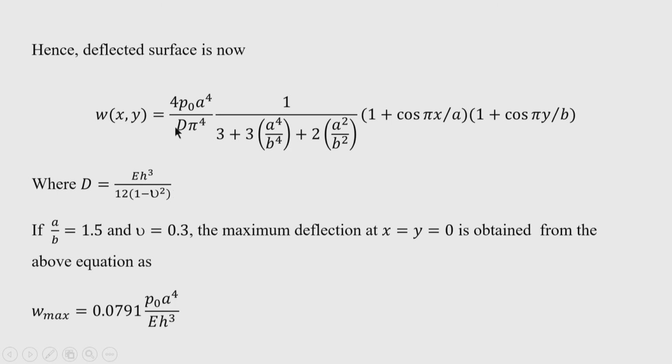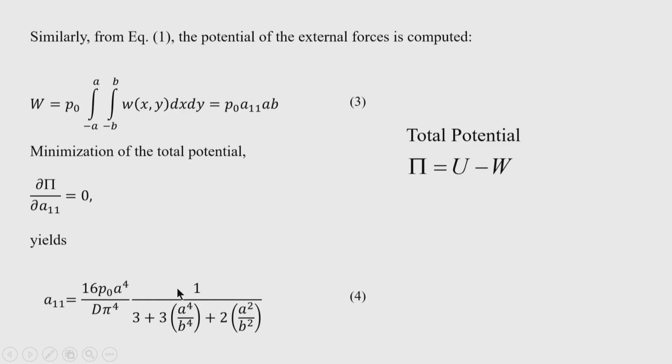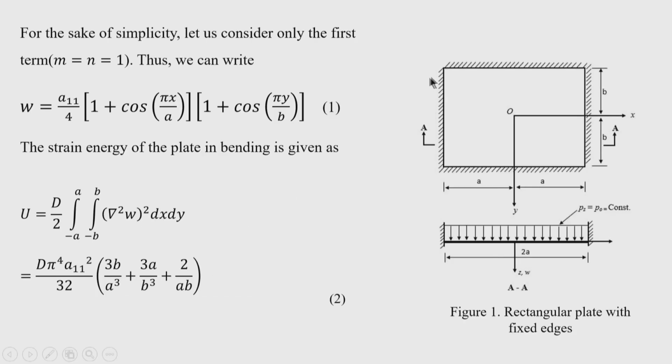Of course, the D term has to be substituted by E h cube divided by 12 (1 minus mu square), and in place of mu you substitute 0.3. So, this is the result that has been found for the deflection of the clamped plate subjected to uniformly distributed load. The boundaries of the plate are fixed, and for that condition